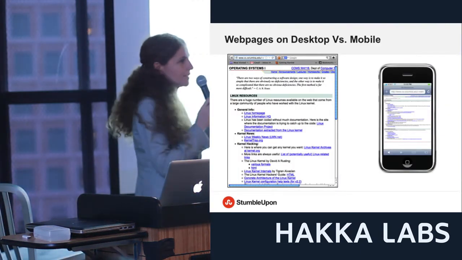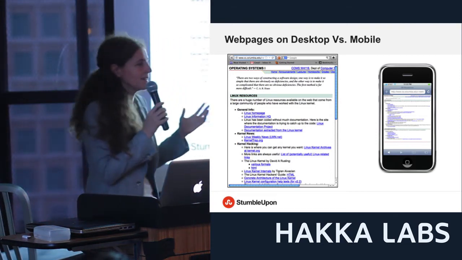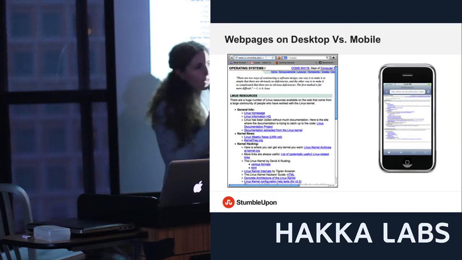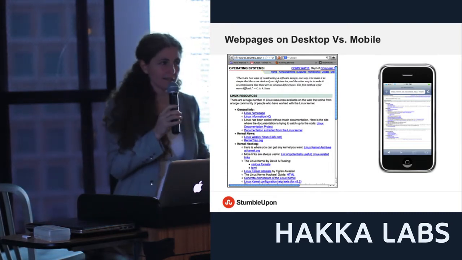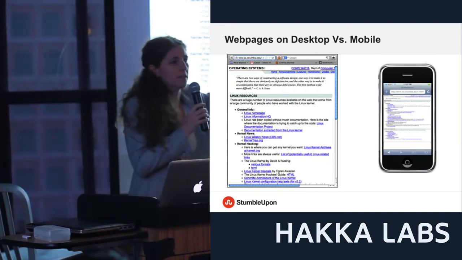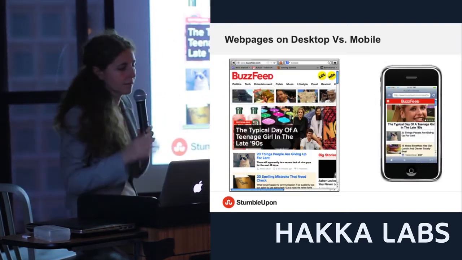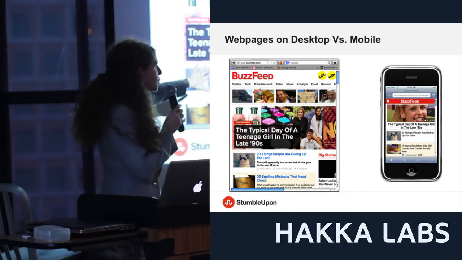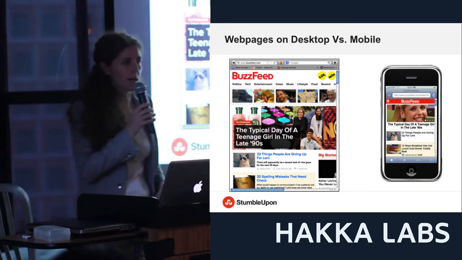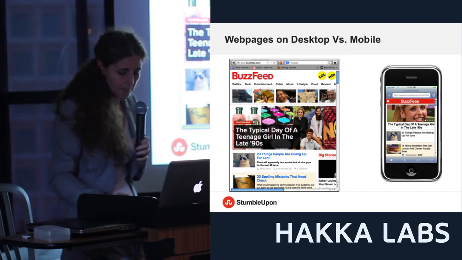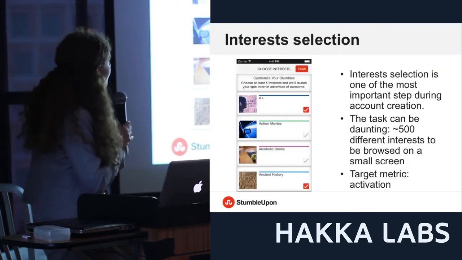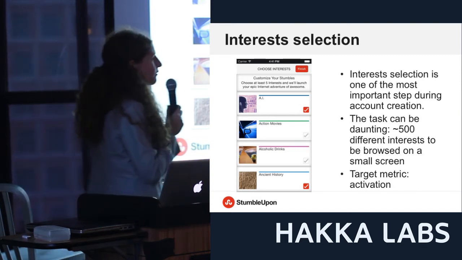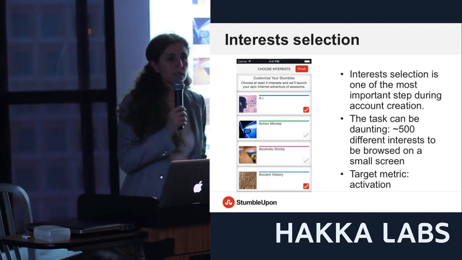I'm not saying anything new when I state that content that works on the web usually does not work on a mobile device. Instead, there are pages that are highly optimized for the mobile experience. What about interest selection on mobile? We have 523 interests.